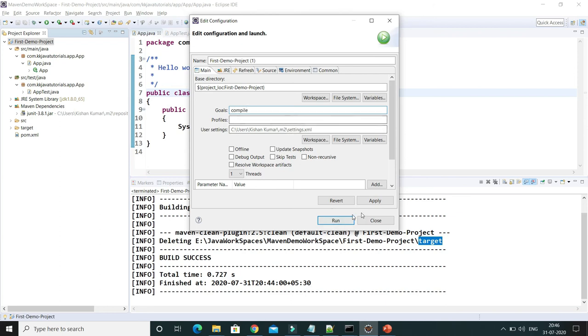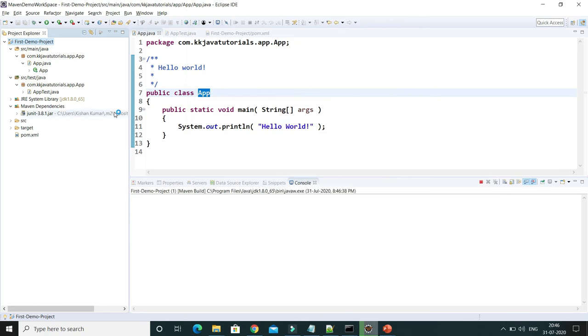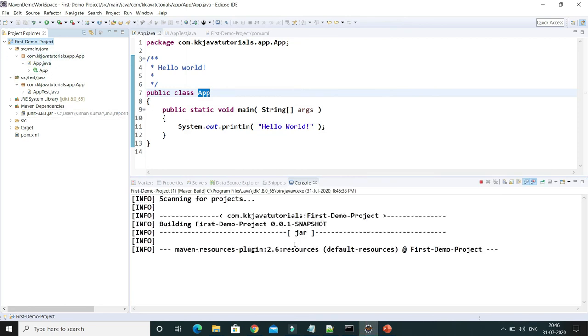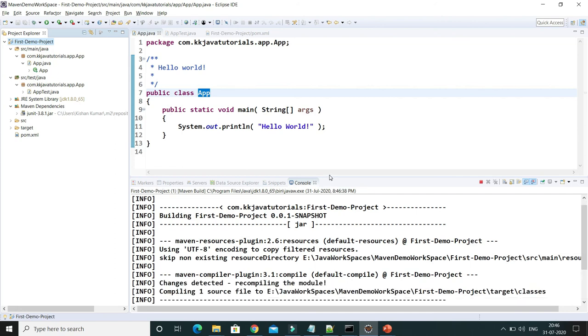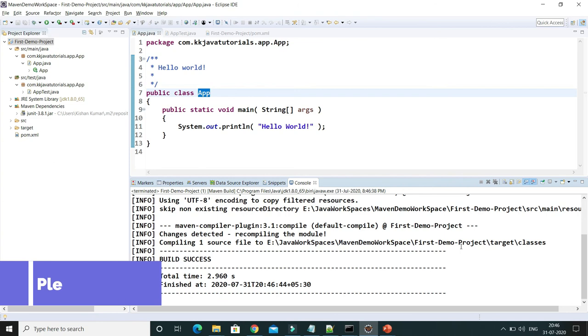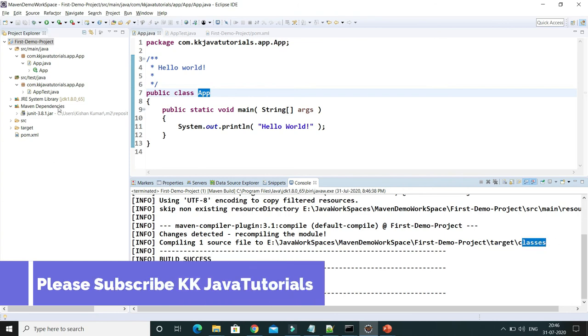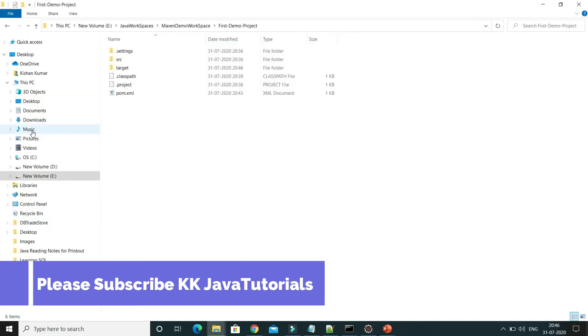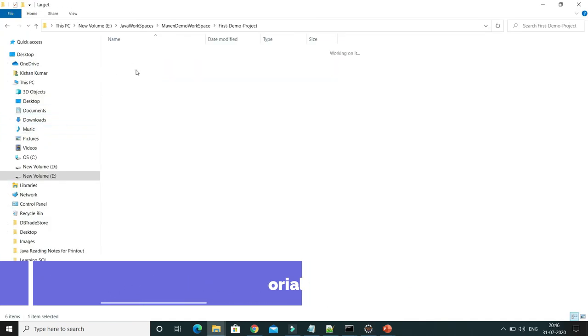So what will this do? Basically this will compile all the source code and generate the .class file, right? That's the compile. Here you can see in the target folder, inside classes, that has been generated. If you go to this directory, you can see all the generated .class files.